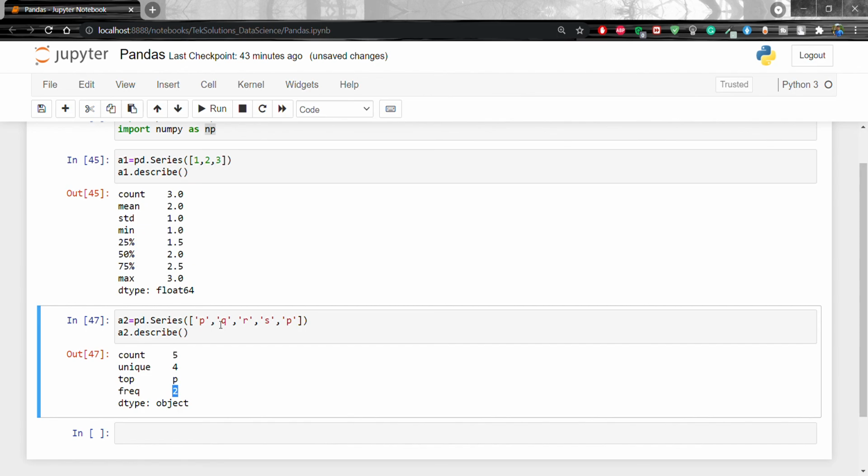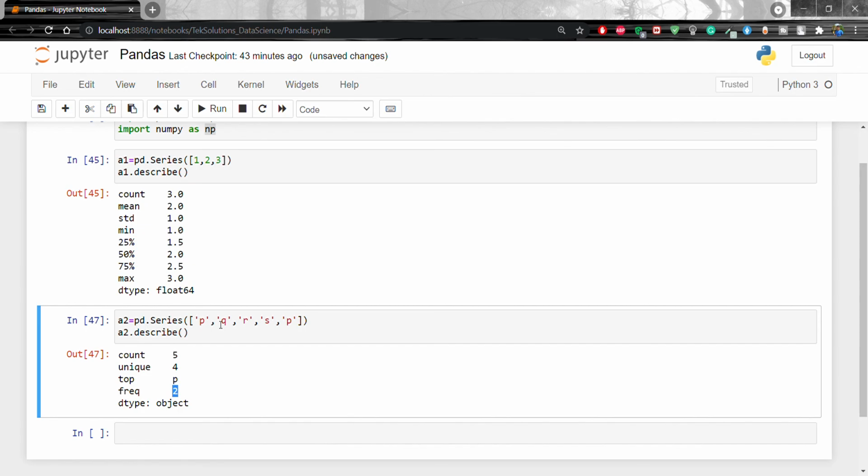Now I am going to pass include equal to all, shift enter. Now you can see something interesting. For the object column you will not see mean, standard deviation, 25%, 50%, 75% and max, and for categorical you will also see NaN. The reason is both are non-numeric values. For numeric only you will see the data, the mean, the standard deviation and that kind of thing.